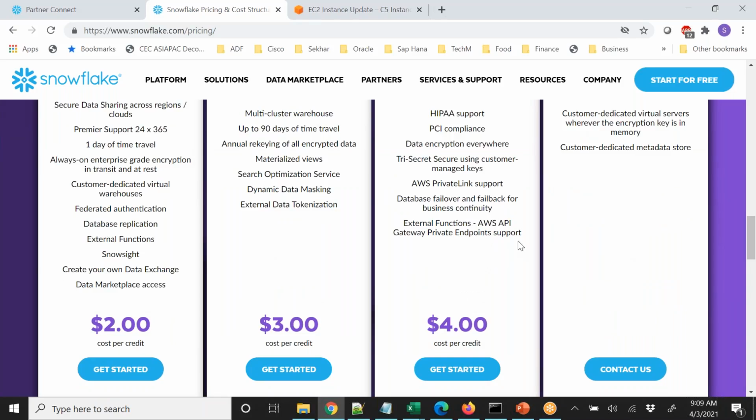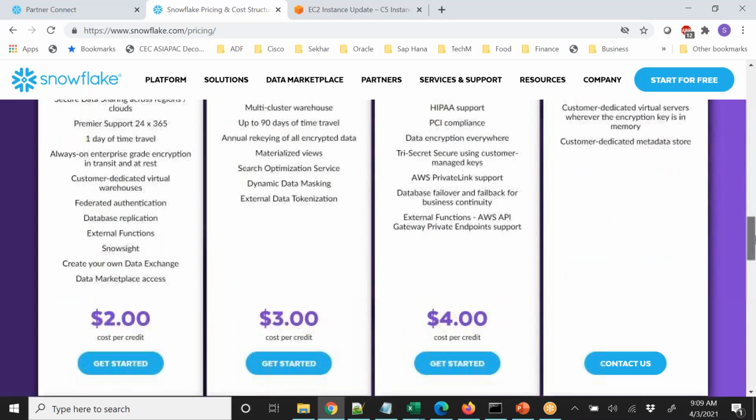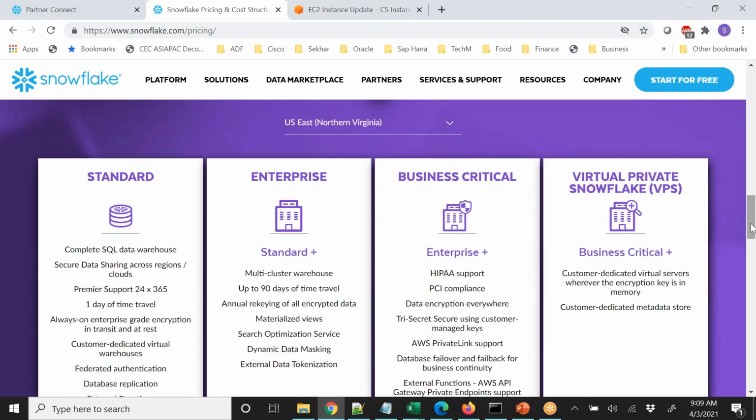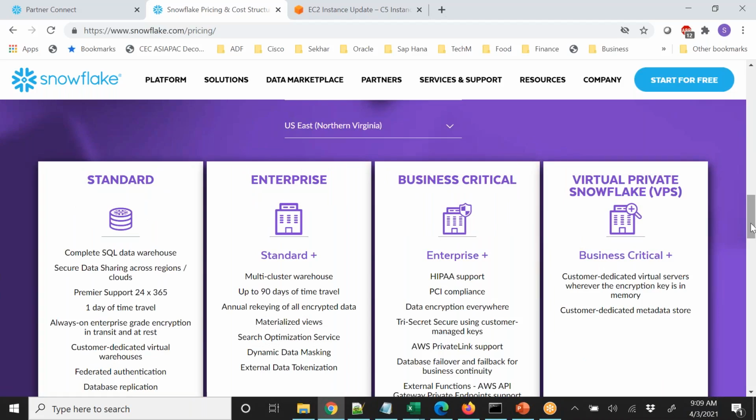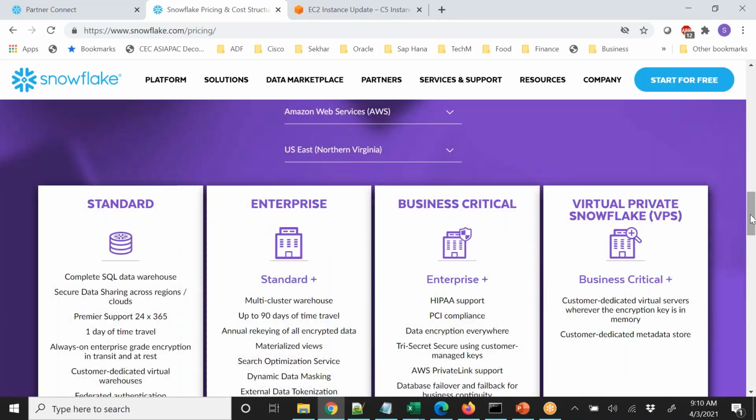If we are running an extra small virtual warehouse for an entire hour on Business Critical, how much will we be charged? Business Critical edition. Oh, $4. Yeah. And if it's a Standard one, $2. So if I go and change my region,